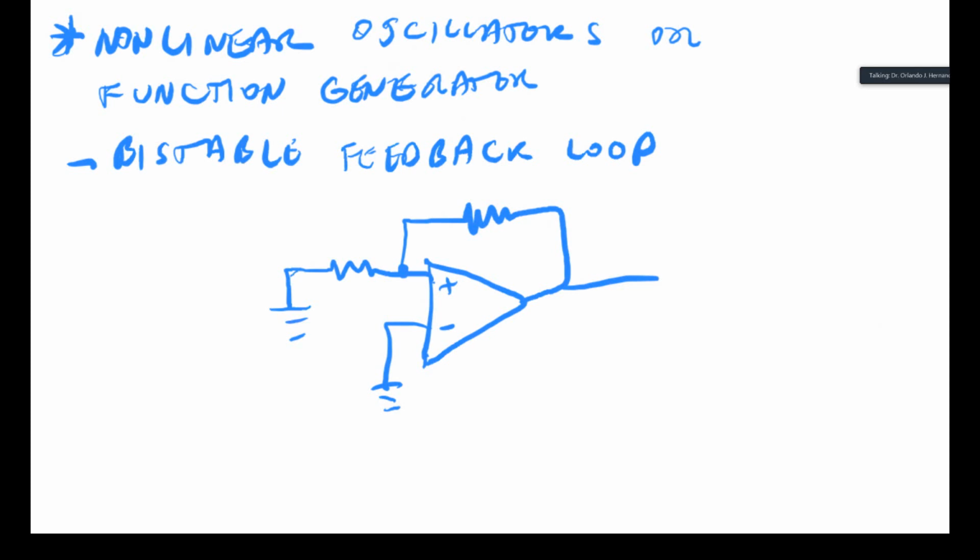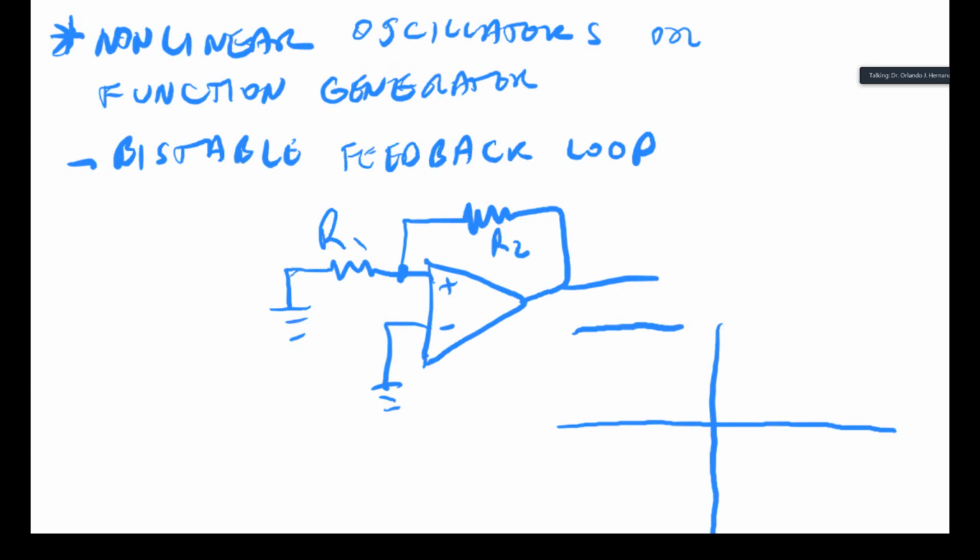And if we were going to look at the transfer characteristic, let's just for the future call this R2 and this one R1. But if we had a transfer curve, this is probably the best space to do that. The input, in this case, being the differential input of the op-amp, so the voltage here, as we decrease that, and this voltage here,